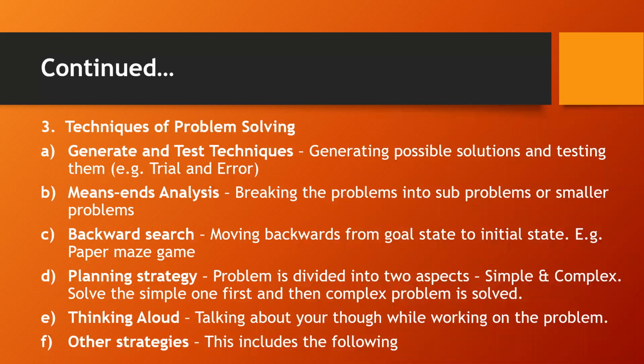The third is backward search. This method is called goal directed. This strategy starts with a goal state and the operator moves backward towards the initial state. Suppose you form a hypothesis, like in research method, you solve the problem, you came to a conclusion, then the conclusion is wrong. What do you do? You have to go back one by one from the initial state, and you have to start again from there. So that is backward search.